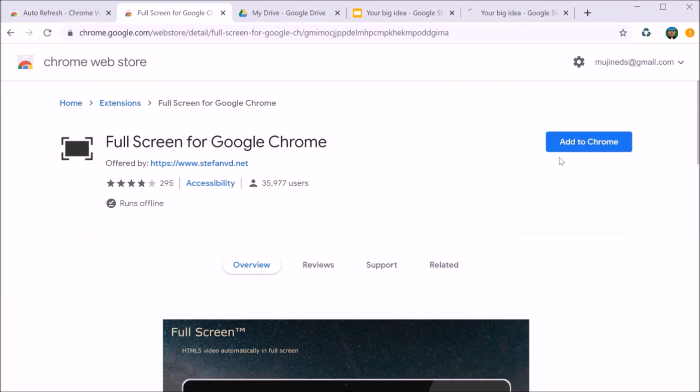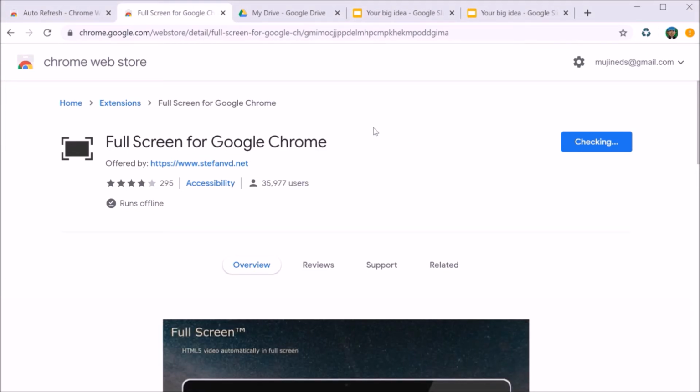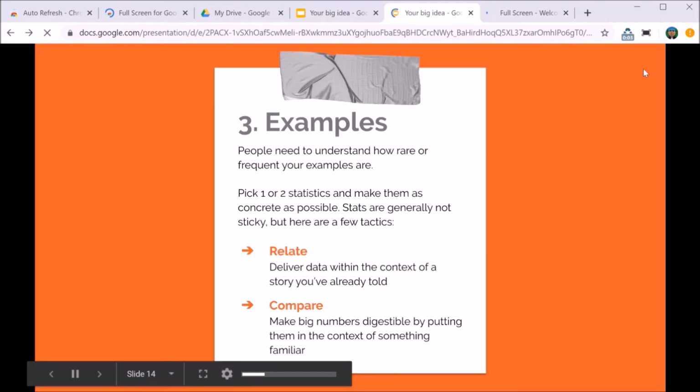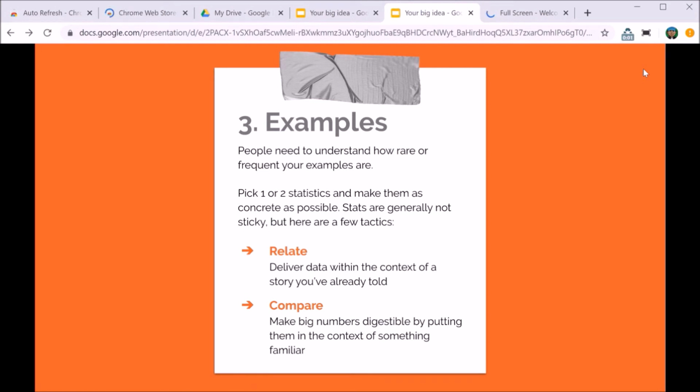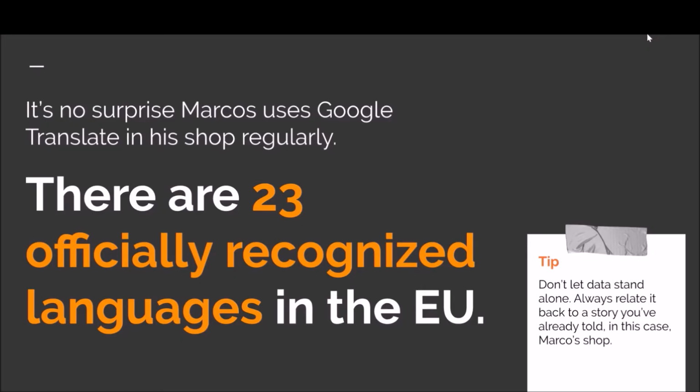So I had to install another extension called Full Screen for Google Chrome. So I add that, add. When I use this extension, it doesn't allow you to use escape to get out of full screen mode. So let's get back to that big idea presentation. And it's refreshing every 12 seconds. I'll wait for this refresh to finish. There we go. Okay, click full screen. See, it doesn't say press escape to exit full screen. It says press F11. And now when the new refresh comes,